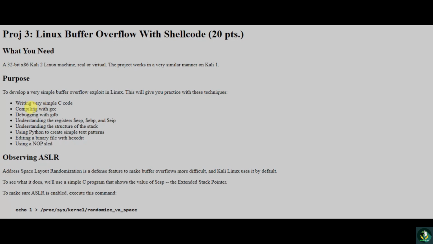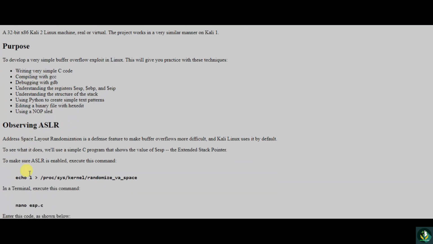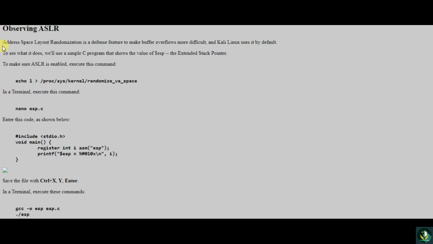Address space layout randomization is a defense feature to make buffer overflows more difficult, and Kali Linux uses it by default. To make sure ASLR is enabled, execute this command: echo 1 > /proc/sys/kernel/randomize_va_space